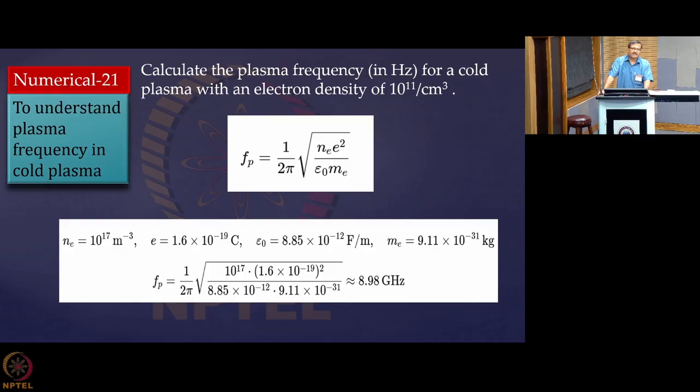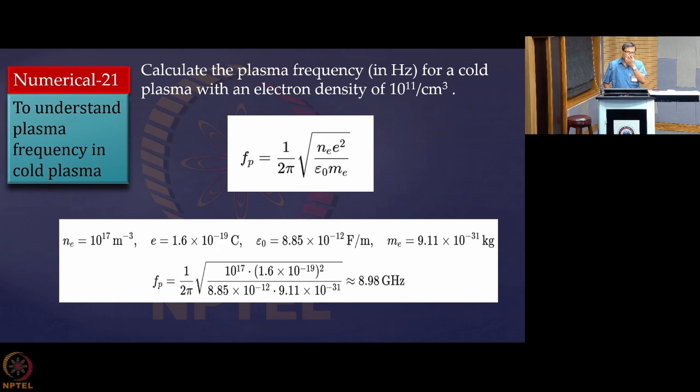And there, the plasma oscillation frequency, this is the linear frequency, is 1 by 2 pi root over n e square by m epsilon 0. You put the values that have been given in the numerical. So n is 10 to the power 17 per meter cube. Then e is the electronic charge, and 1 by 4 pi epsilon 0 is 9 into 10 to the power 9, so accordingly you can use that, and then mass of electron is 9 into 10 to the power minus 31 kg. You put all those things and you see that the plasma oscillation frequency in case of cold plasma comes in the gigahertz range.